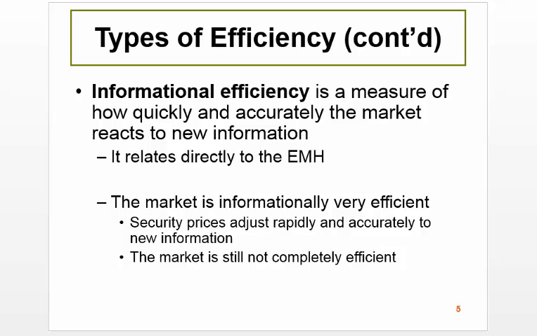And so this will relate directly to the efficient market hypothesis, because in a lot of ways the efficient market hypothesis says that markets should react almost instantaneously to this new information. However, a market probably can never be 100% efficient, and so really what some of today's lecture is about is what degree of efficiency do we have in today's markets?